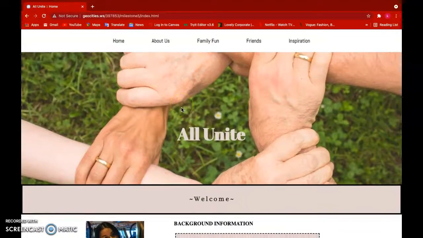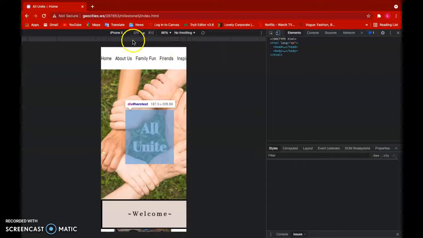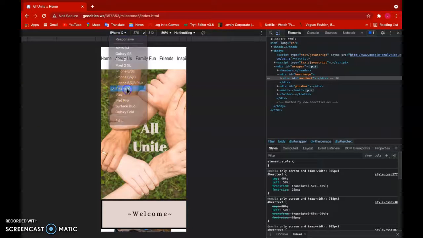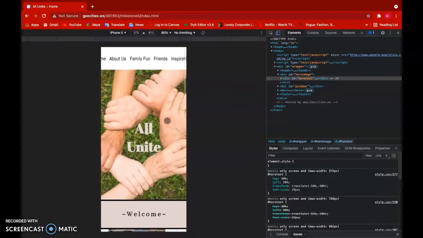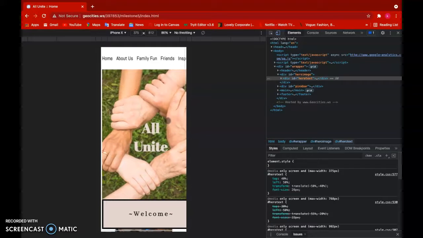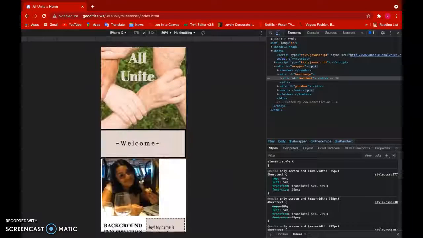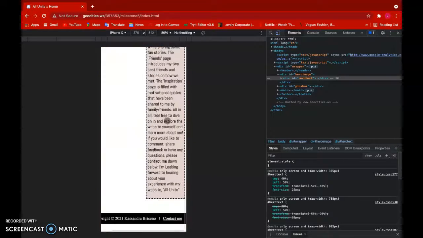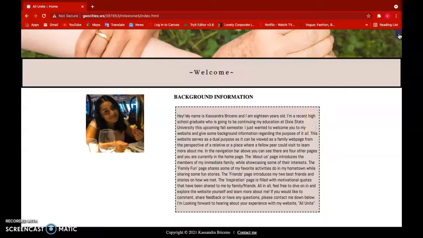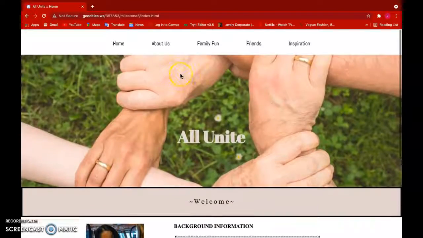But the weirdest thing is that I was using the inspect tool to see how I can improve it. And, oh, here we go. Yeah, it's already on the iPhone X. In the mobile version, a mobile perspective of the iPhone X, for example, you could see the nav bar and the content all stays in, and it just looks quite nice. And I really like how it looks because it's just able to fit the content and nothing's really cut out, as you can see before. So that was probably the main thing that I would fix.